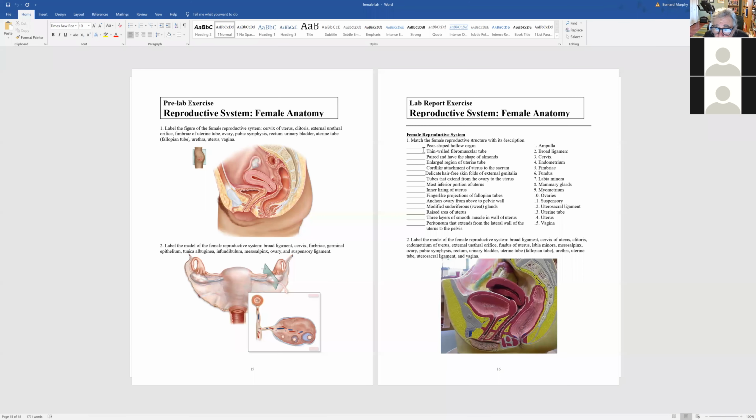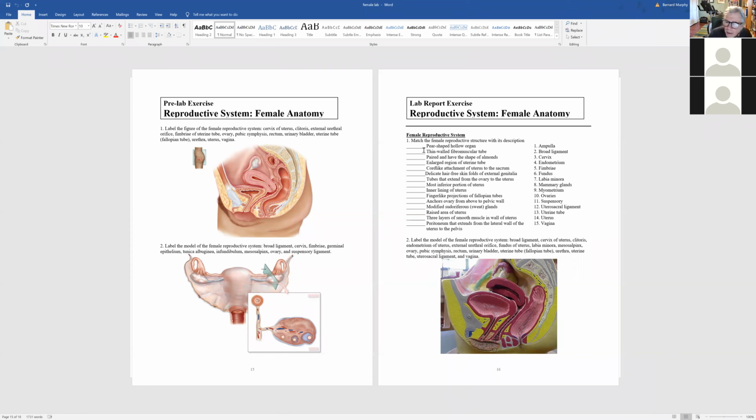Next one is 3, most inferior portion of uterus, cervix. Inner lining of uterus, endometrium, 4. Finger-like projections of fallopian tubes are the fimbriae, 5. Anchors ovary from above to pelvic wall is 11, the